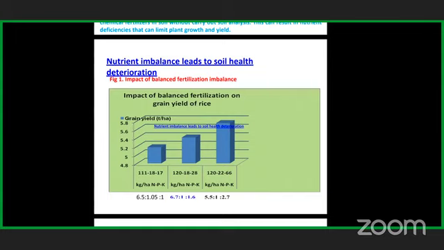So here it is also very important that one of our main priorities whenever we are growing a crop is to increase the yield. But if we are not putting the right amount of fertilizers into our soil, we cannot increase our yield to the maximum. And to know this, soil testing is the only better solution, because if we do not know what the balanced dose of fertilizer for our soil is, then how are we going to put the fertilizers? So it is very much important that before every cropping season, we should take samples from our soil and do a soil testing before starting our management practices.